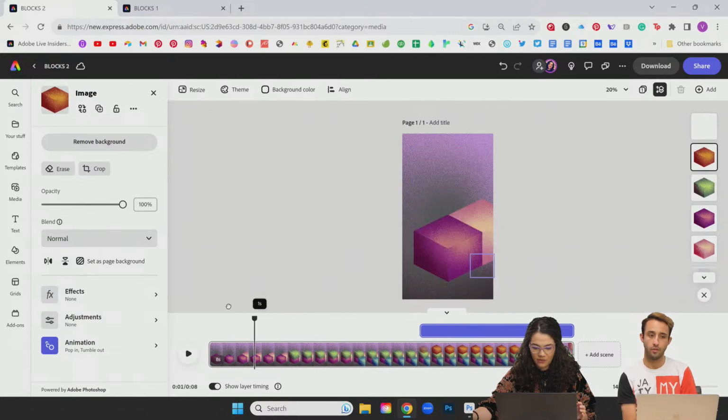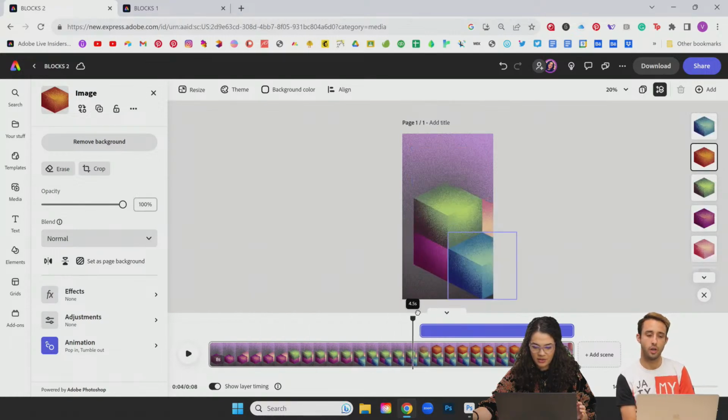Afsal is asking, is this a beta version? I think what you're asking is, is Express a beta version? This is not a beta version of Express. No. We're just on